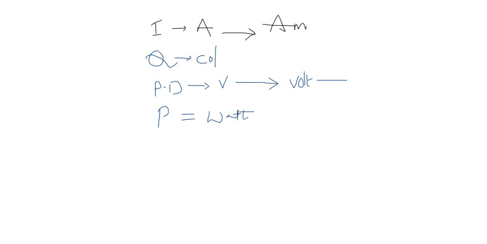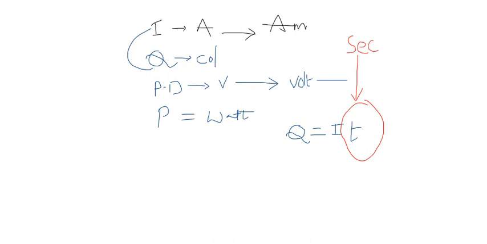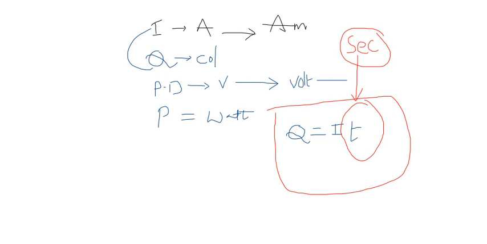And here is the relation between Q and I. Charge Q is equal to I into time, Q = I × t. One very important thing is that your t value should be in seconds, not in minutes, while you are calculating, because current is measured within fractions of seconds. Whenever you use any formula in electric current, your t value should be in seconds.